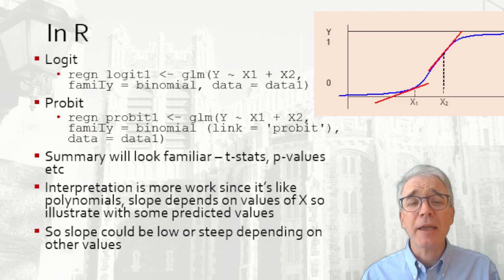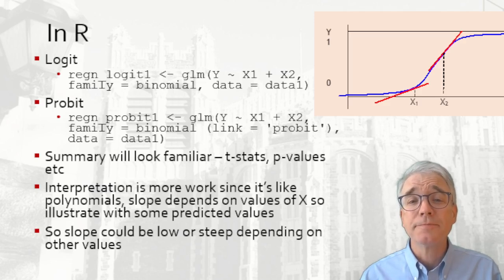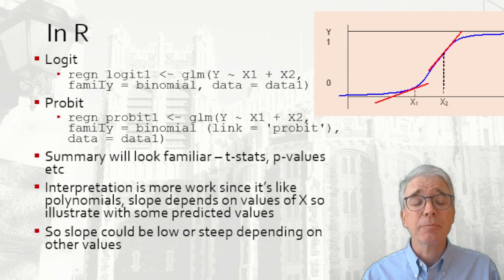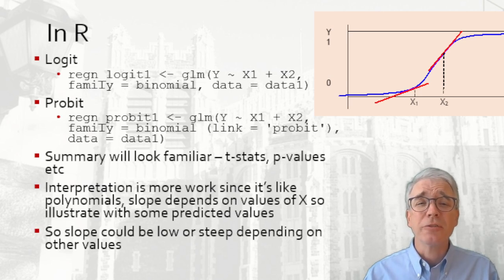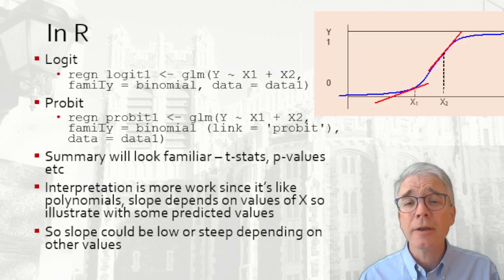Either of these commands will give you a bunch of summary estimates that look incredibly similar to the simple linear regression output. You get coefficients and standard errors and t-stats and p-values, stars and all. Even the interpretation is actually pretty similar. If you want to do t-tests on particular coefficient estimates, see if they're statistically significantly different from 0, then that's